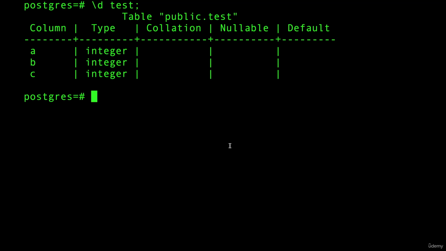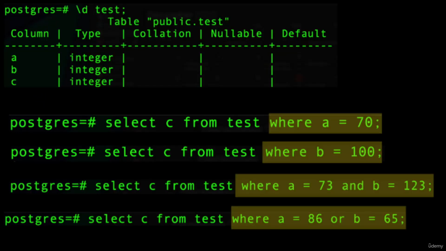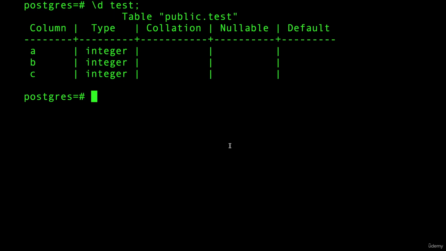In this video, I want to go through some of the best practices that you can create indexes with so that you can gain the best performance for your queries. I'm going to execute 4 different queries on this beautiful table that I have here. I have a table with 3 integers, A, B, and C,